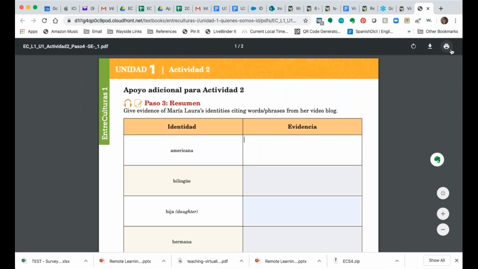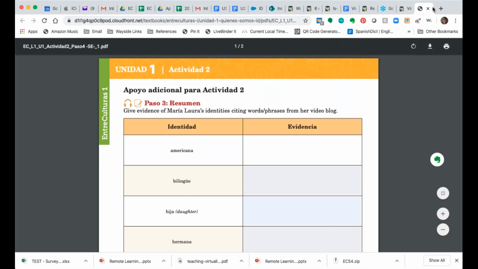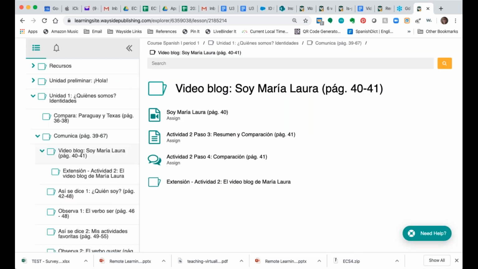They can then save this as a PDF to their device and then submit it to you any way that you have students submit materials, whether you're using Canvas or Schoology or a Google Classroom, or whether you have in and out folders on a server at your school,